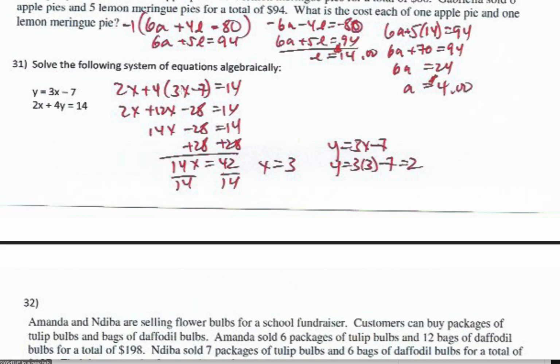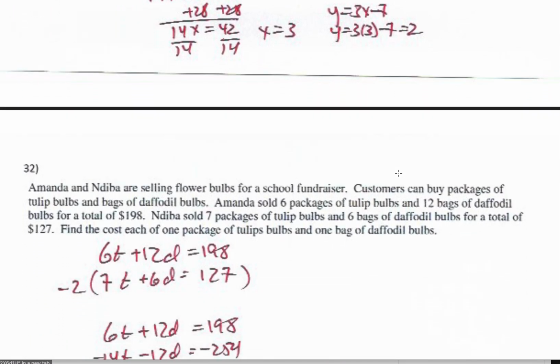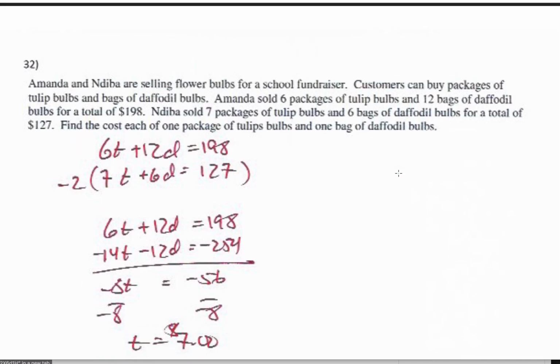Distributing, 4 times 3x is 12x, 4 times negative 7 is negative 28. Getting my x's together, altogether I have 14x minus 28 is 14. Adding 28 to both sides, 14x is 42. Dividing by 14, x is 3. Y equals 3x minus 7. I take that 3, plug it back in. I get 9 minus 7, and y equals 2. Okay. Last but not least,